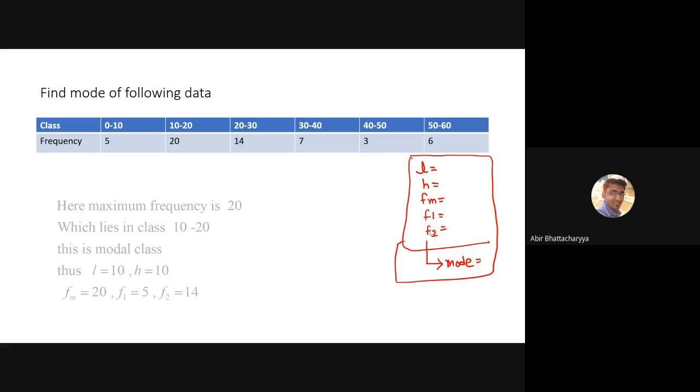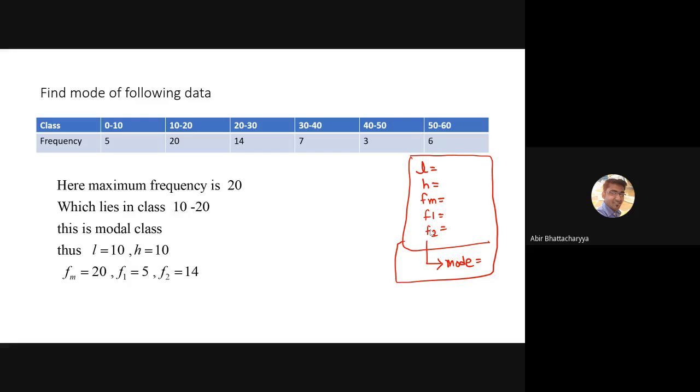Okay, guys, I got the responses. So yes, the maximum frequency will be 20. So the modal class will be 10 to 20, and L equals 10, H equals 10. You can easily find H, which means the width. So the mode will be 17.142. Those who got the correct answer: Jeet, Yatin, Bansi, Ria, Kusant, Hardik, Ibrahim. Well done. Very good.